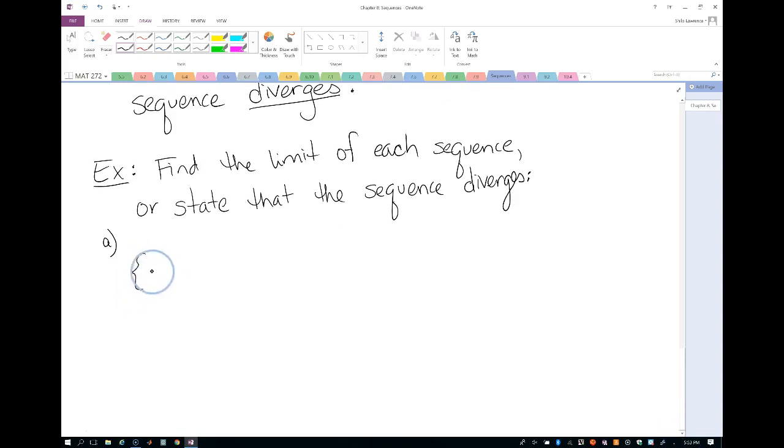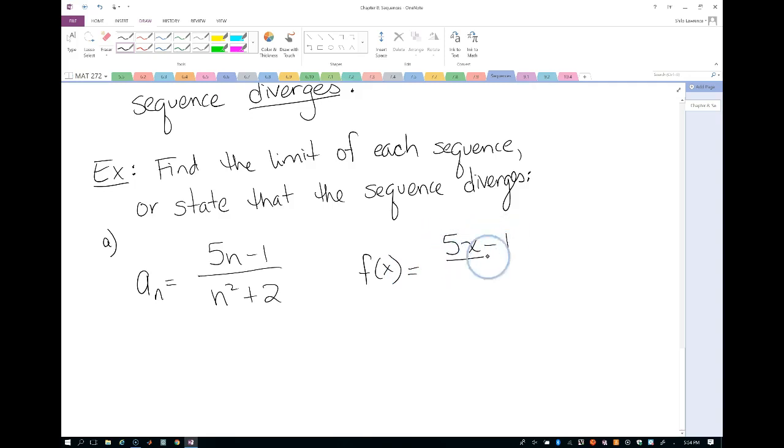So let's say our first sequence, a sub n, is 5n minus 1 over n squared plus 2. You could also think of this as the function 5x minus 1 over x squared plus 2. This function, if we plug the correct numbers in, would give us back the exact same values that we have